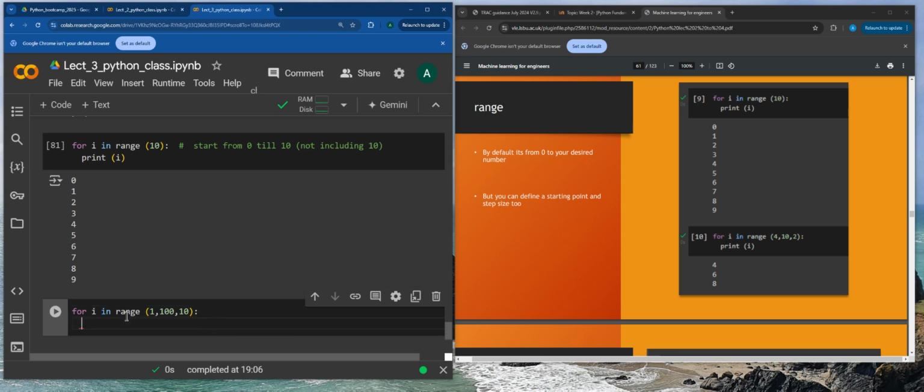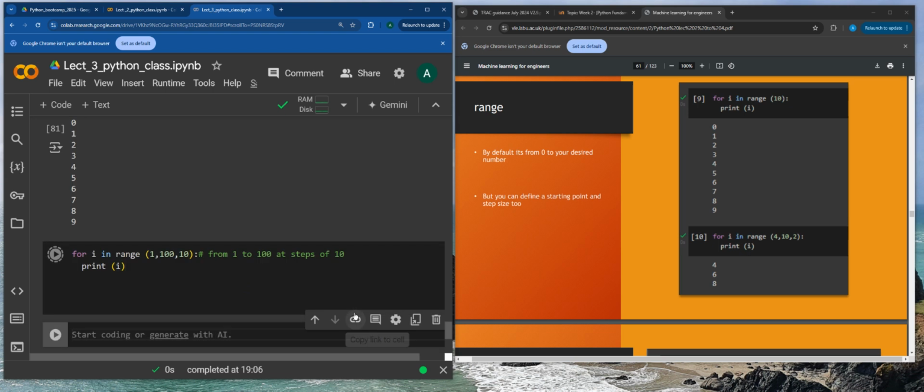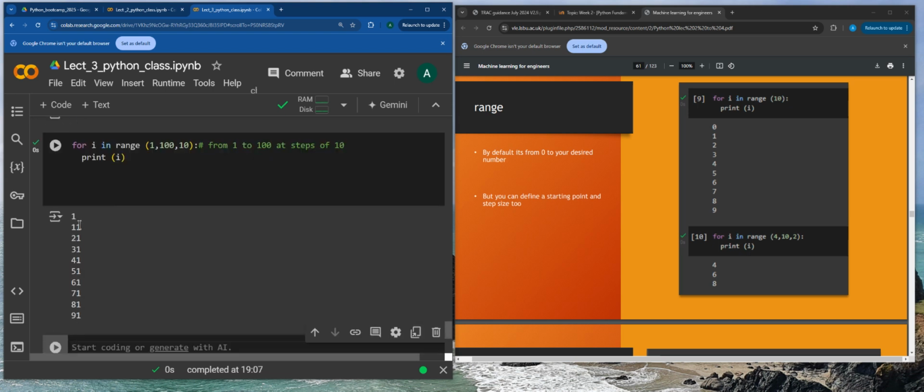So from 1 to 100 at steps of 10. And I'm going to say print i. Okay, so it's going 1, 11, 21, 31, 41, 51, 61, and so on and so forth, at